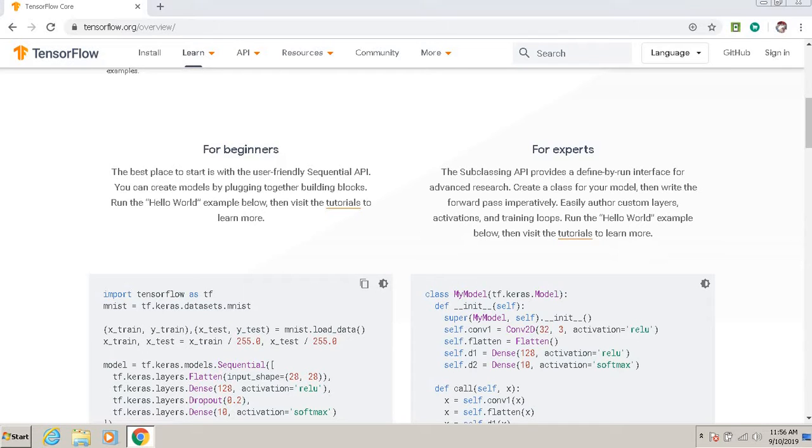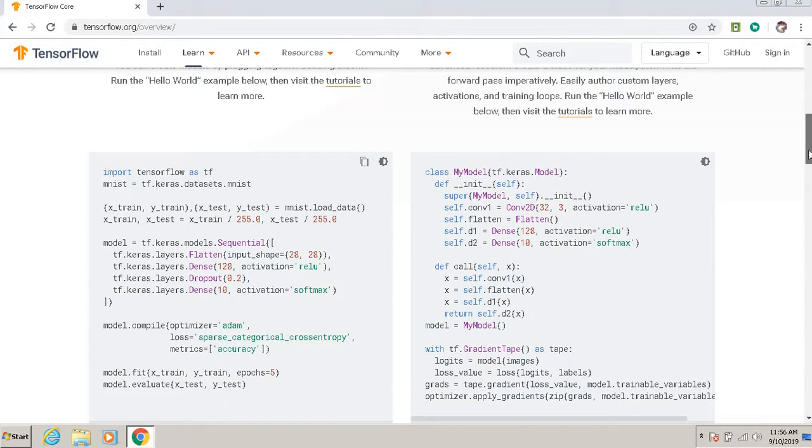Now this code which you are seeing is actually Python. So if you have any idea of Python, you will understand it. Otherwise also, if you are a simple computer guy, you will be able to understand it. Even if you know Java, it will make sense for you because object-oriented languages are more or less the same.